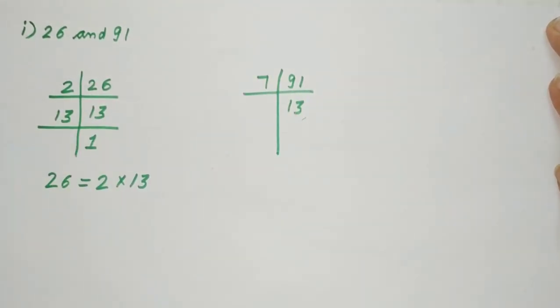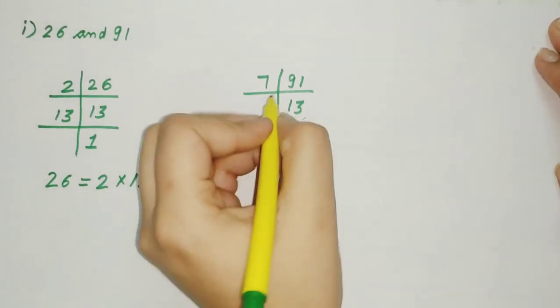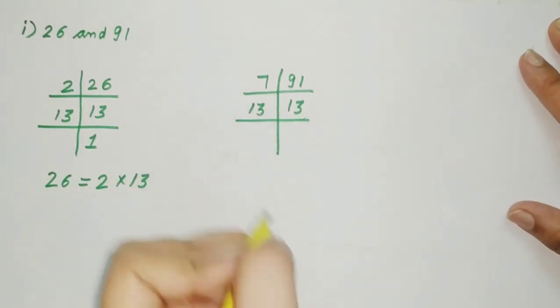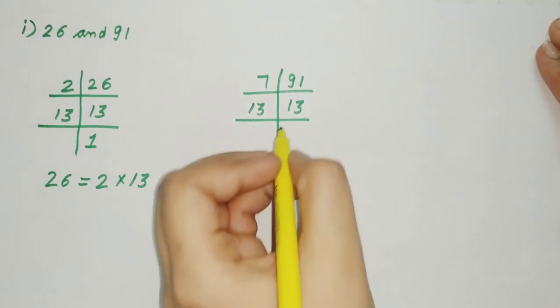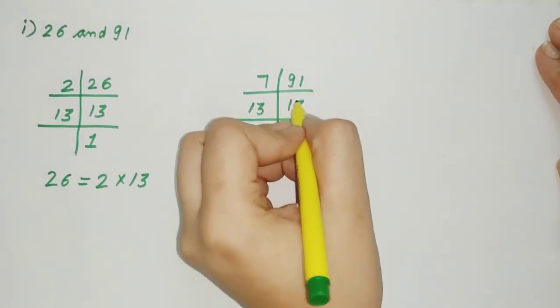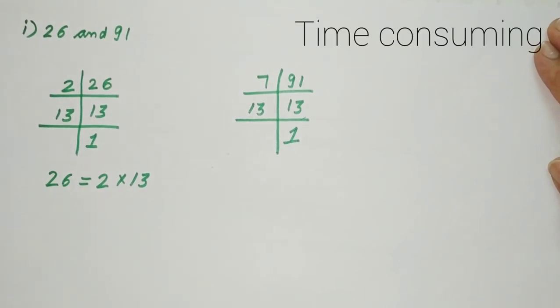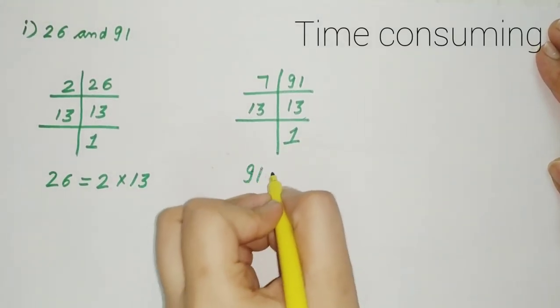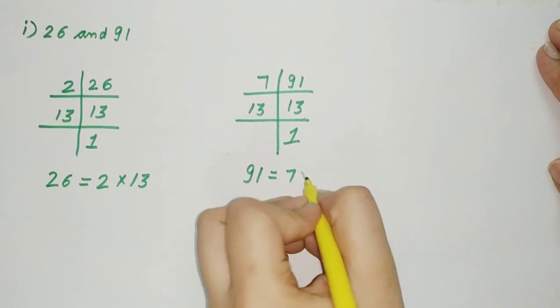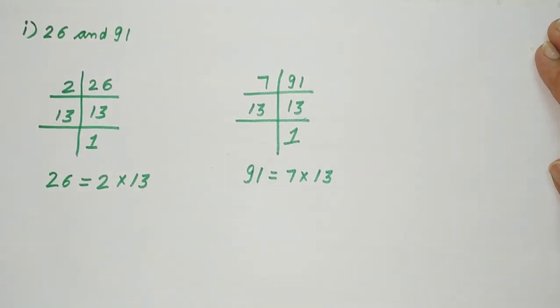See, either you can apply the divisibility rule of 2, 3, 5, which is very simple, or you can do the hit and trial method. But remember, the hit and trial method takes time. It's time consuming. So try not to do that. Try to learn the divisibility rule. And again we have 13, and 13 is a prime number, thereby 13 multiply 1 is equal to 13. And 91 can be expressed as 7 multiply 13.